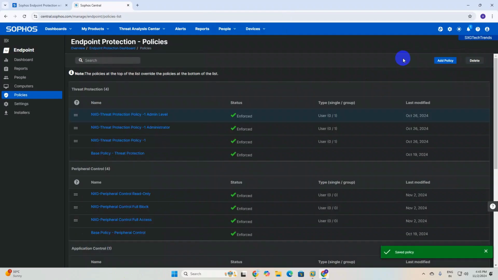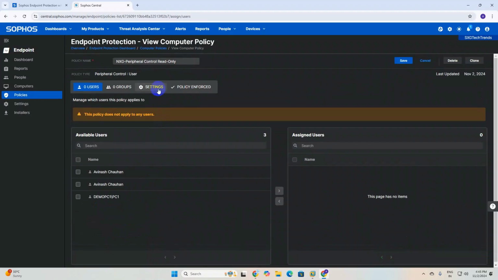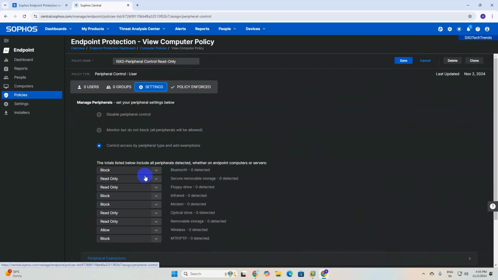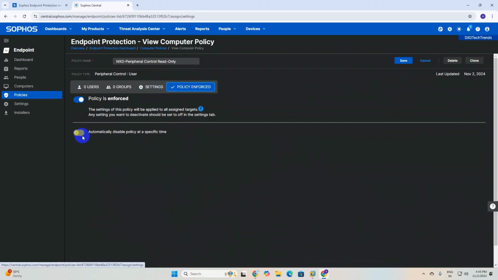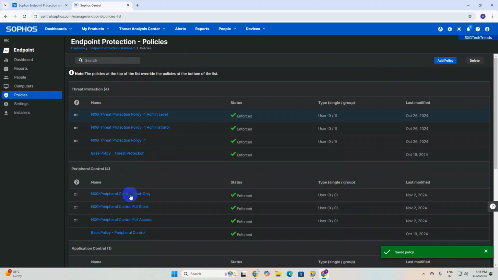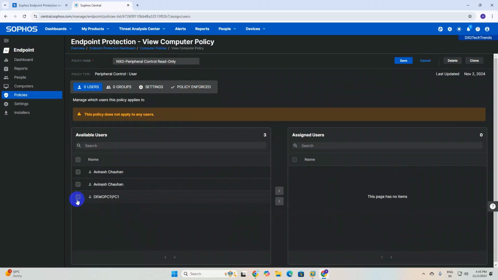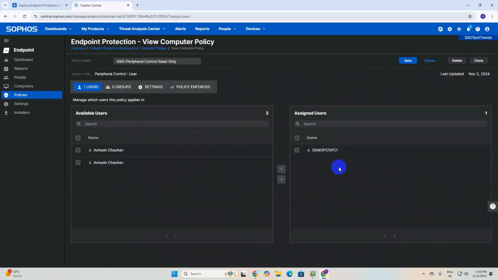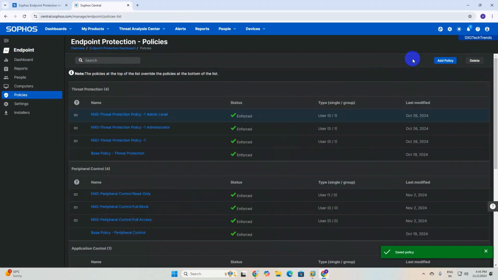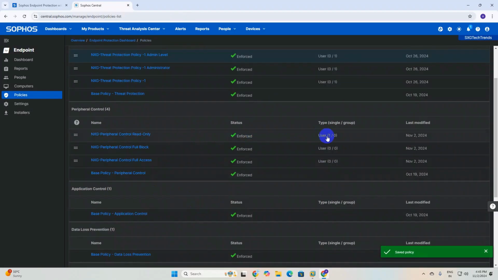Once you click on save, this policy is created. And if you go there, you can see under the settings, and this is apply. And once you have created the policy, then enforce this policy, save. And you can now add users, like this desktop. If I want to allow, then we can move this desktop to this group. And okay, now you can see under this policy one user is associated.